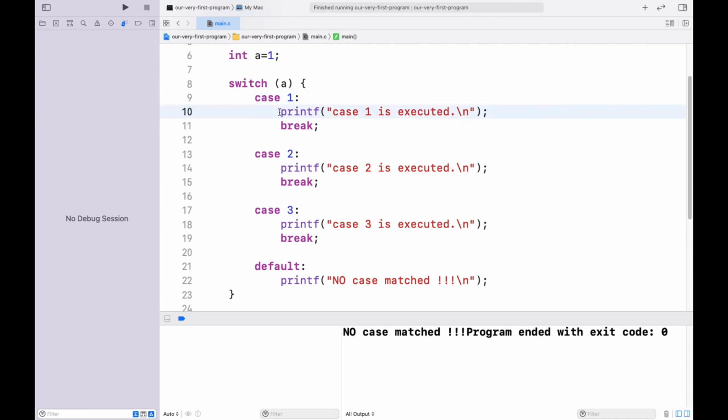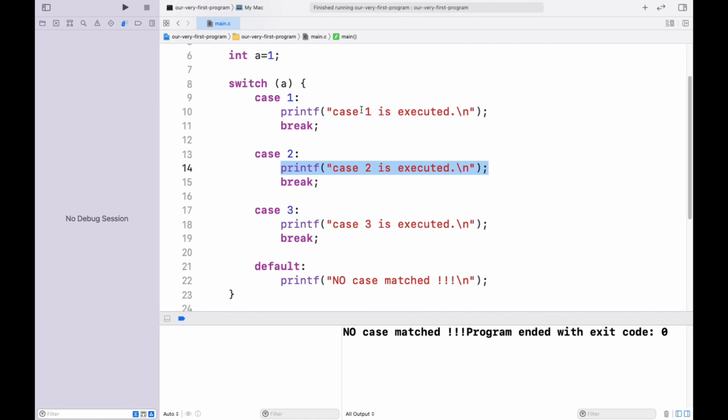So it is going to print that statement, and if there is no break, it is going to print this statement also, and then this. It is going to go for all the conditions, or you can say it is going to execute all the cases, sorry, conditions. I was saying conditions. I actually meant cases. It is going to execute all the cases below which the case is true.